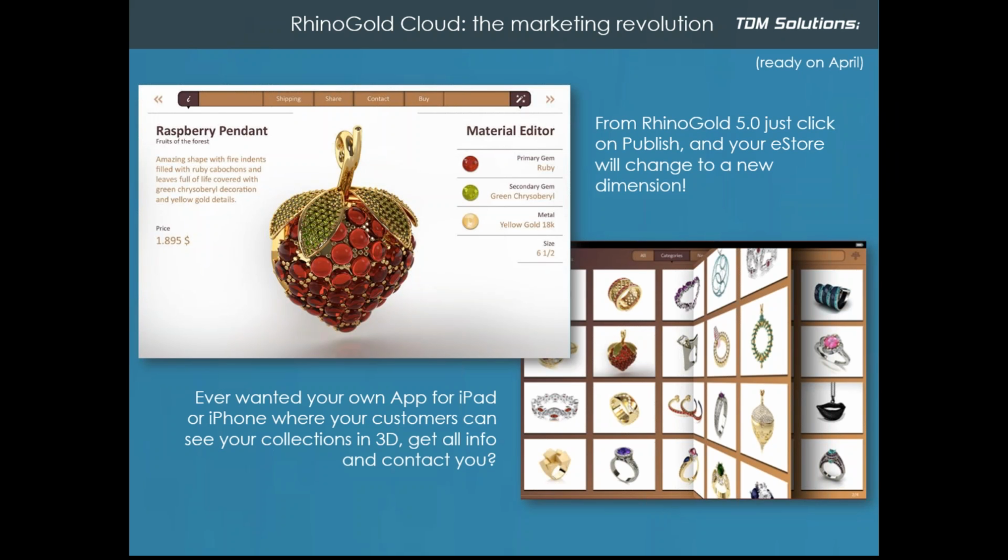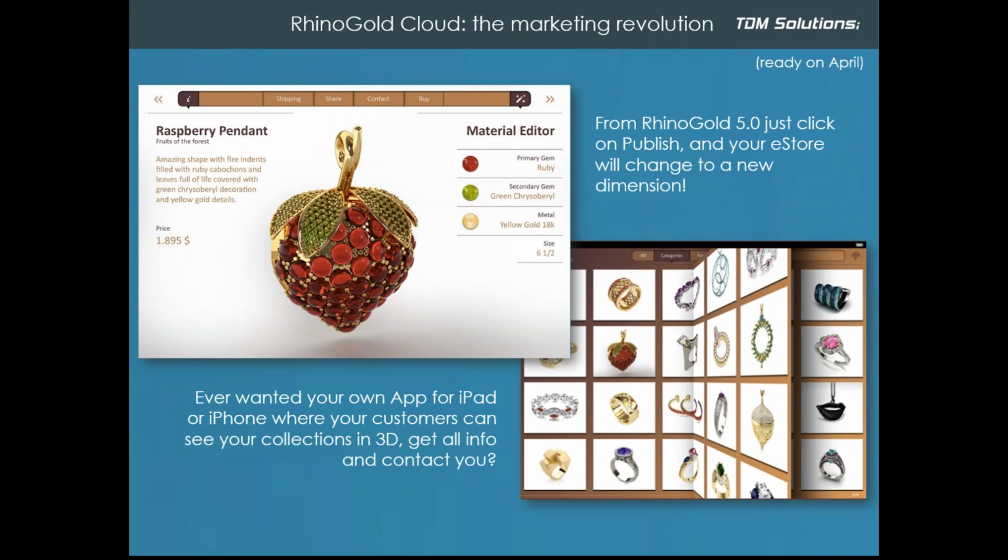The best thing is you can customize the colors from the website. You say, I want my logo, I want my corporate colors, and we will create this application and publish it in the Apple Store.